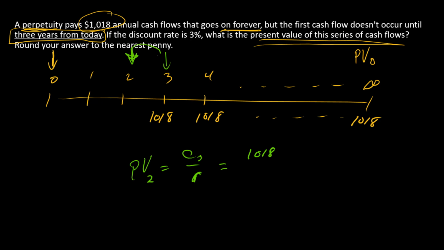So we have 1018 divided by 3%. That gives us 33,933, and we'll carry this out to 4 decimal places so we don't mess ourselves up too much with rounding. Okay, so this is an intermediate step. Okay, so what can we do with this